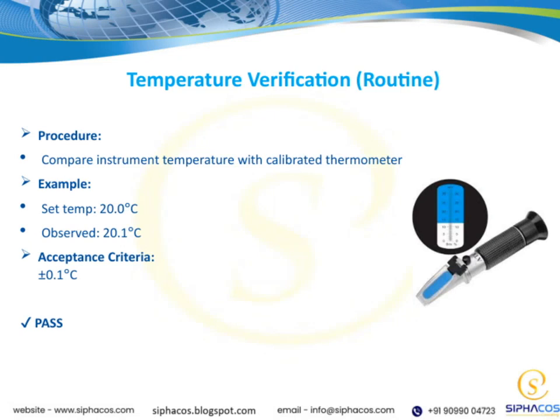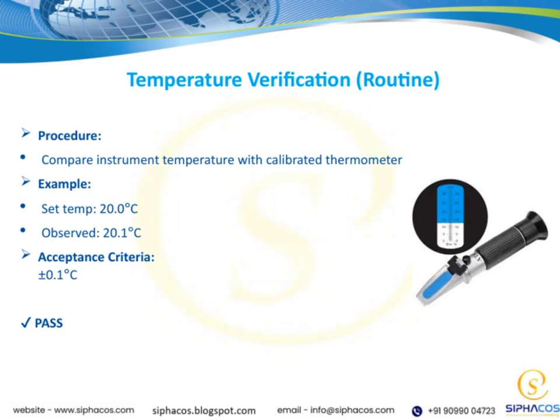Now, let's talk about temperature verification, which we perform routinely to ensure accuracy. The main idea here is to compare the instrument's temperature reading with a calibrated thermometer. For example, if we set the temperature to 20 degrees Celsius, we might observe a reading of 20.1 degrees Celsius. The key point is to check whether this difference falls within our acceptance criteria, which is plus or minus 0.1